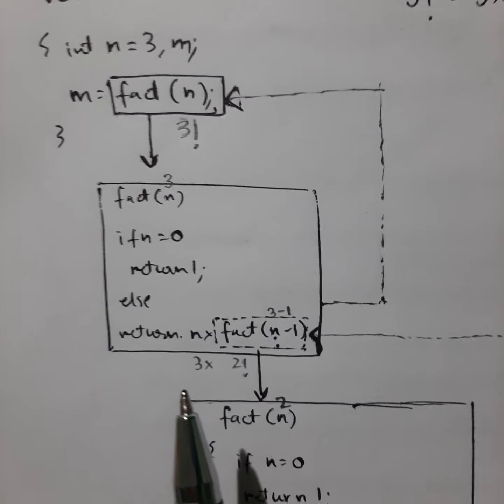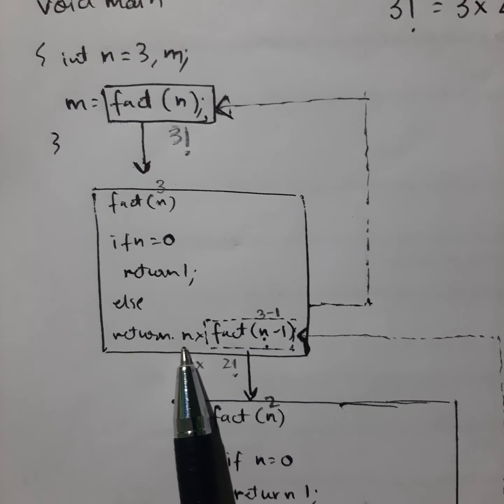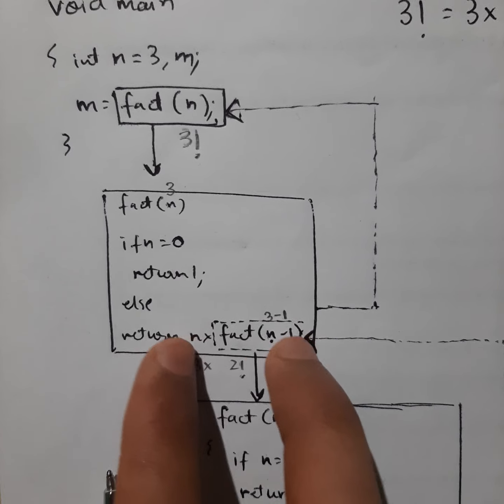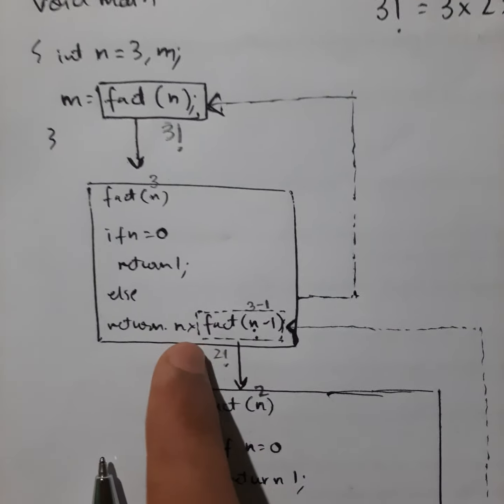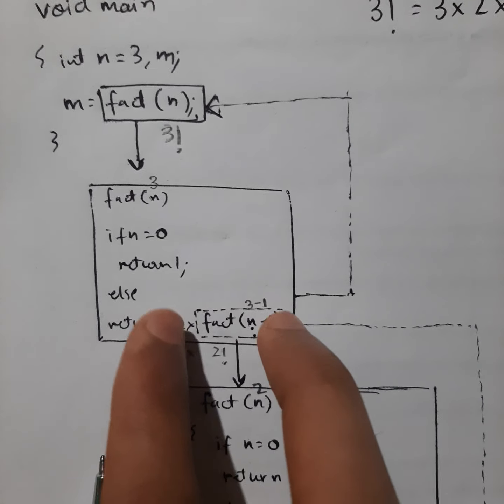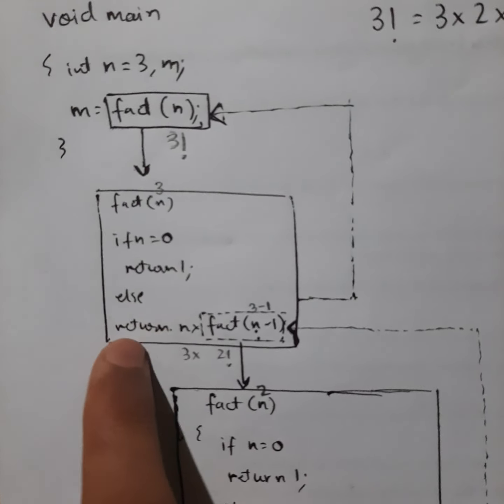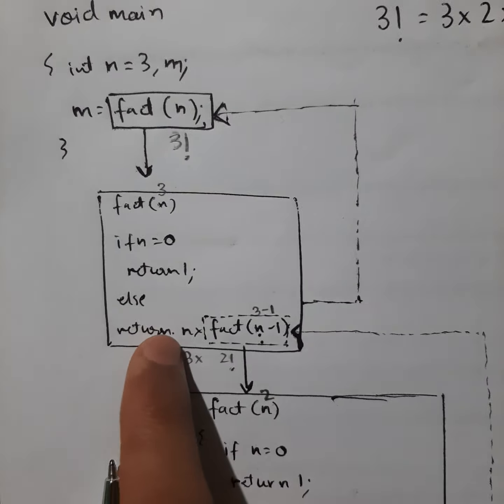Now when an answer is written, imagine this whole thing is getting replaced here. What will be the answer in this? The whole thing will get replaced in the place of this. So that is called return. When a function returns an answer, that will be replaced here. Since n is not 0, n is 3, so we will find out this answer and replace the whole answer in place of this. We know n is 3, but we don't know fact n minus 1, so we need to first find out this, replace the value of this with the answer, and then return the whole answer in place of this. So first we need to find out this.